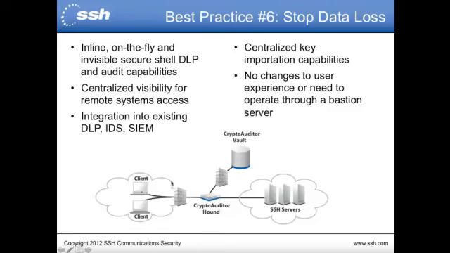In this case, in the diagram down here, you can see the hound, and this is the inline function of the solution. Basically, it's going to sit within your network. It's going to pull the keys in there, and as information passes through the network, you're going to automatically be able to decrypt that information and read it, apply DLP, and stop data loss, and at least have the ability to monitor that. The nice thing about it is it applies no changes to the user experience. No need to operate through clunky and cumbersome bastion servers that are oftentimes very expensive. And this is a very centralized solution, so